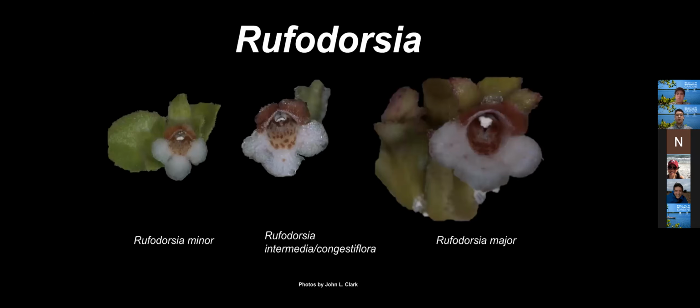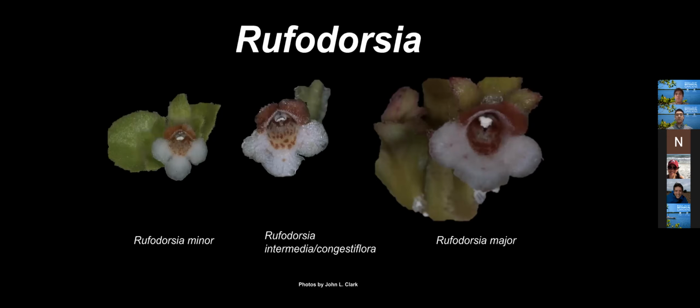Wheeler described Rufidorsia as having a comparatively small white corolla. The dorsal side of the 2 upper corolla lobes are colored brick red with fruit in the form of a white berry. There is bilateral symmetry, and Rufidorsia are epiphytic, meaning they can grow on other plants. The Rufidorsia also have a small 2-tone corolla, which is white and red, and the dorsal sides are brick red. The Rufidorsia major calyx has bilateral symmetry, united anthers, and leaves appear to be very smooth.